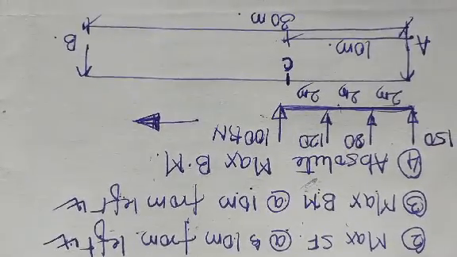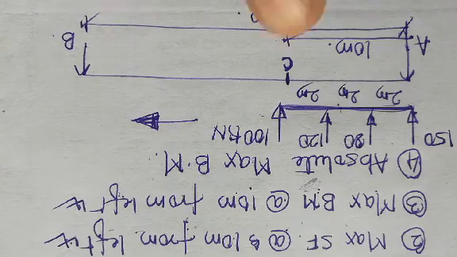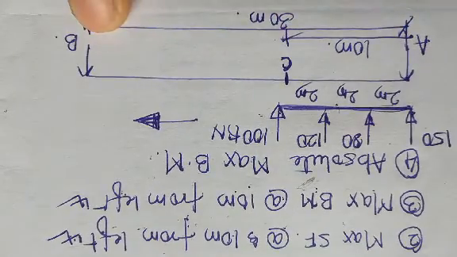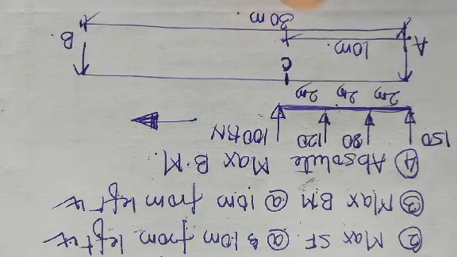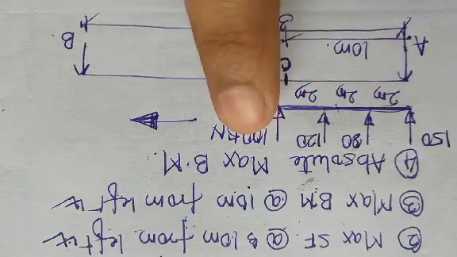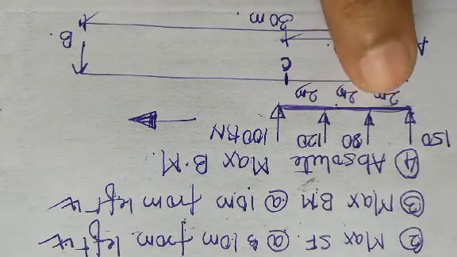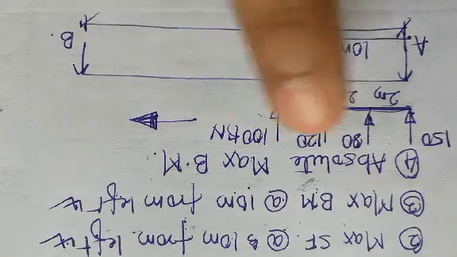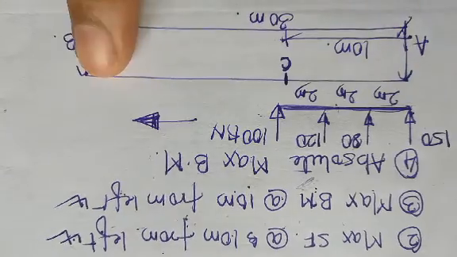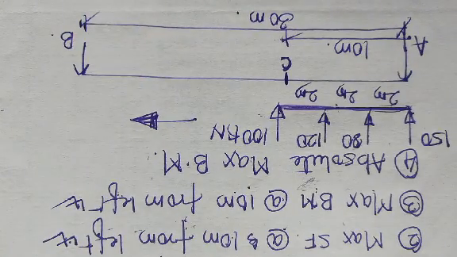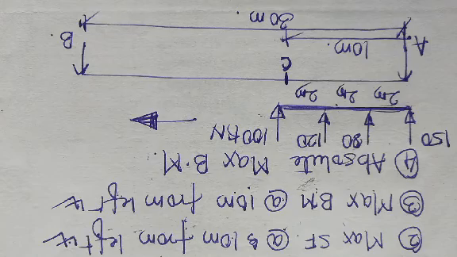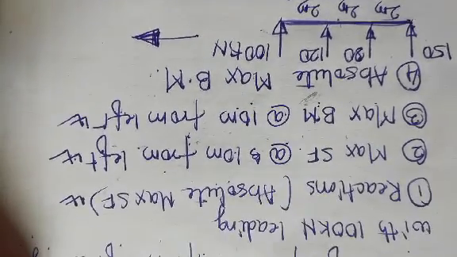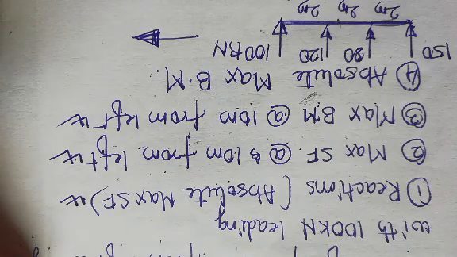As per the given problem statement, this is the diagram that we have drawn. The girder is 30 meters long. Here the loads are 100, 120, 80 and 150 with a spacing of 2 meters, with the 100 kilonewton load leading, and this load is moving from the left end to the right end. With this diagram, let us first solve for the reactions.